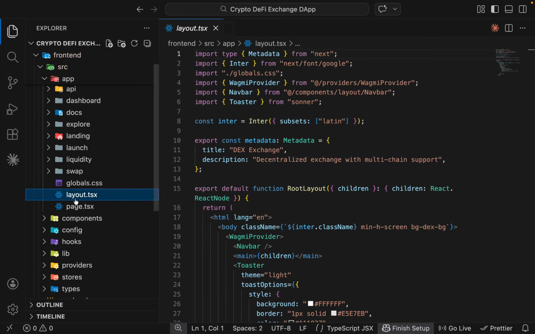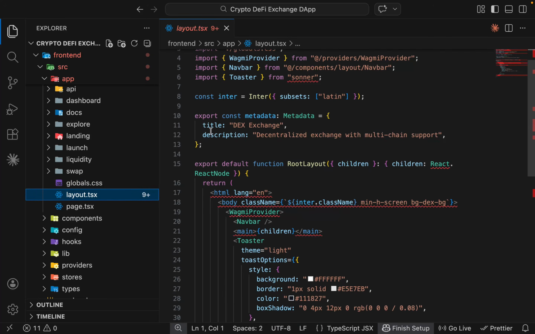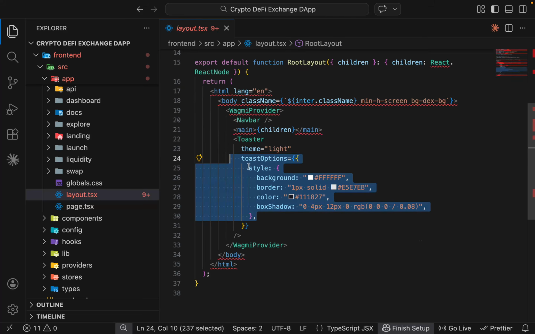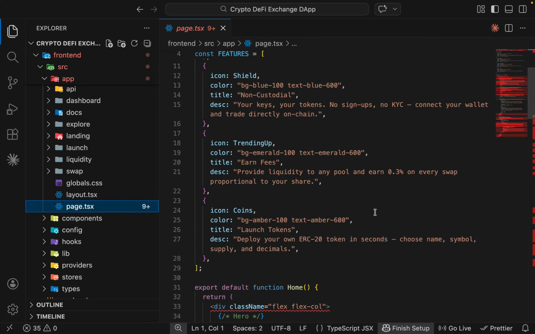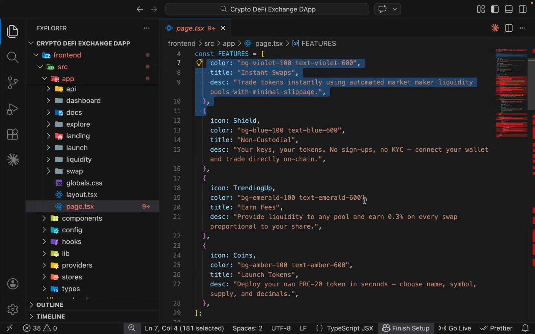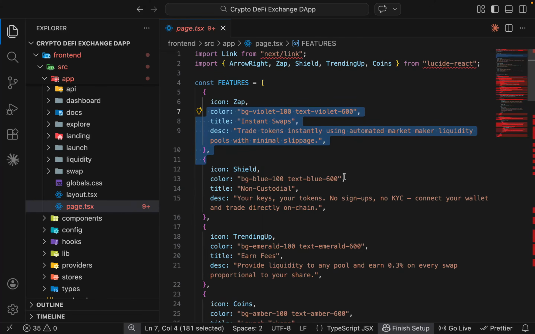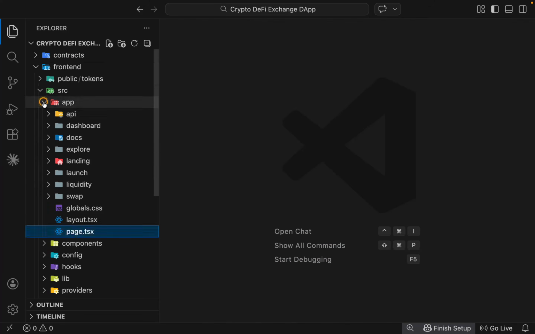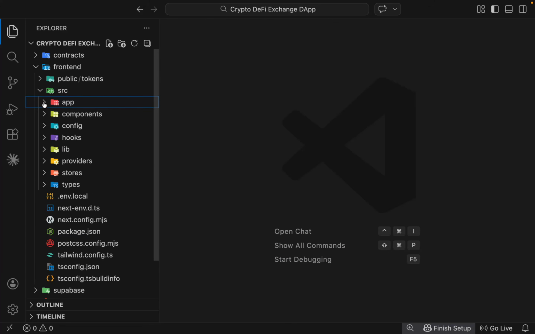We have the layout, which is the main layout, where we have defined the name and the title of our project. You can change that and you can add your branding. You can see the notification modals we are using. So if you want to change the coloring for the notification toaster, you can do that. And if you come back to the pages, here you will find the complete details about the pages. So if you want to change the details and the title, that's all you can provide here. So this is what we have exactly in the complete app folder, which is the endpoint, the pages, that's all